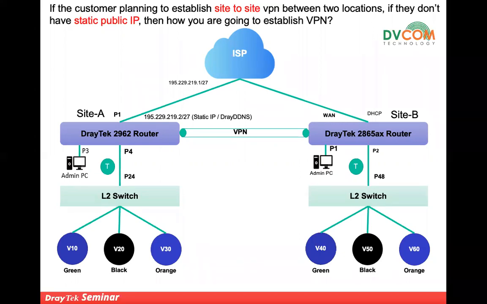But make sure that while you configure the site-to-site VPN, the networks should not match on both sides, guys. That is a very important thing. For example, in site A there are VLAN numbers 10, 20, and 30. The customer may use 192.168.10 for VLAN 10, the 20 network for VLAN 20, and the 30 network for VLAN 30. In site B, you should use different networks. If you use the same networks, the VPN tunnel will establish, but the traffic will still not pass. That's one of the issues.